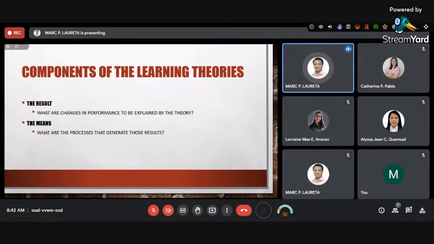What are the processes that generate those results? What are the conditions that need to be met for generating those results? And then third, we have the input. What might trigger those processes to occur, such as learners' prior experiences, such as the available resources within the